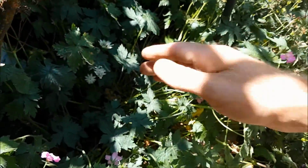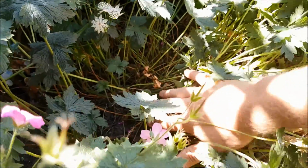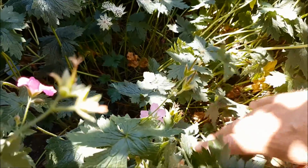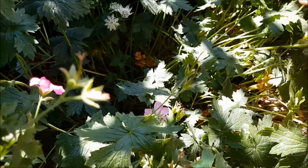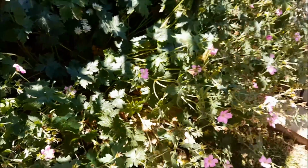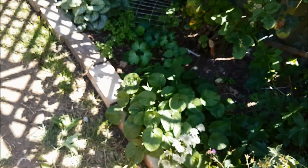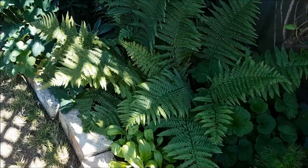And what I'll do is I will cut everything back, right back to here. And then that will grow again, and I'll get another flush of flowers. So that'll be really, really great. And the second flush I always find stays a bit more compact, so it won't be quite as bedraggled as this and spread everywhere. So that's the bed. It's this test, and I've just bunged everything in, and we'll see how it